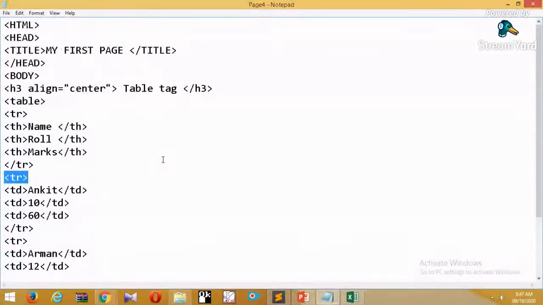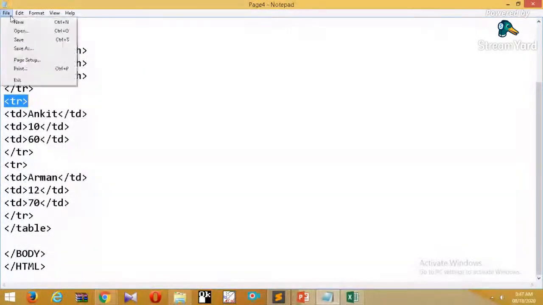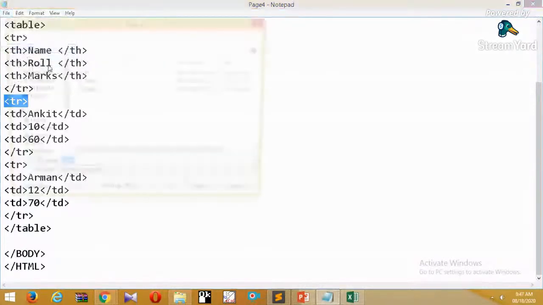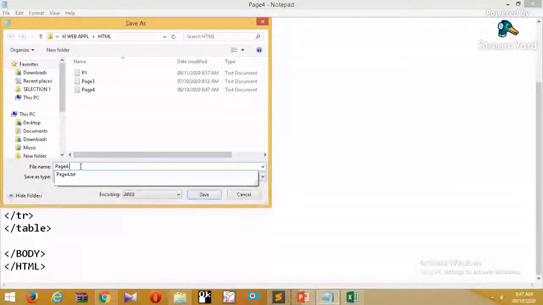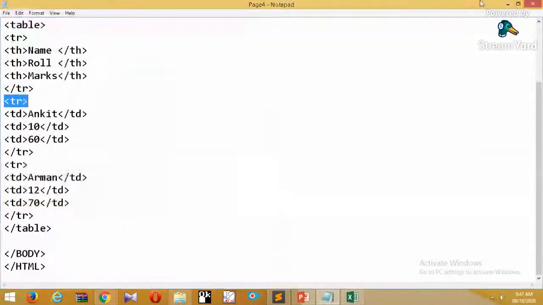Now I'm going to save this part. Whenever we save, we have to save it as an HTML version. So how can we save this? We can use .html. So whenever we save it as .html,